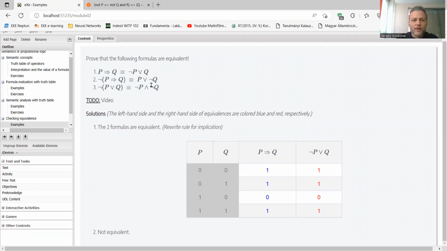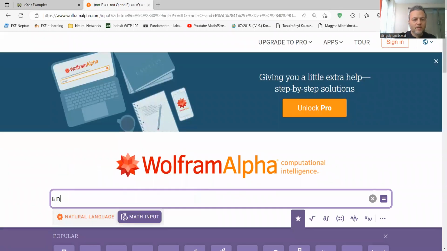Okay. Yeah, let's do one more experiment with the third formula here. This is an equivalence. We want to prove that two formulas are equivalent to each other. So let's just take not P or Q, not P or Q. We want to prove that this negated disjunction is equivalent with this conjunction here.